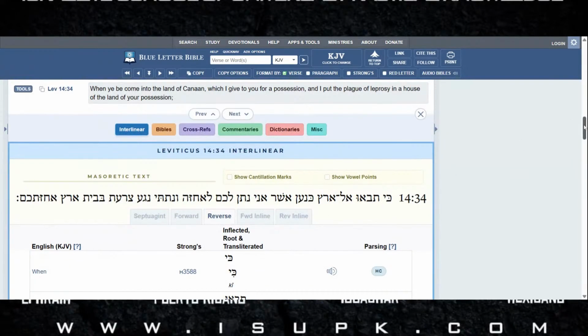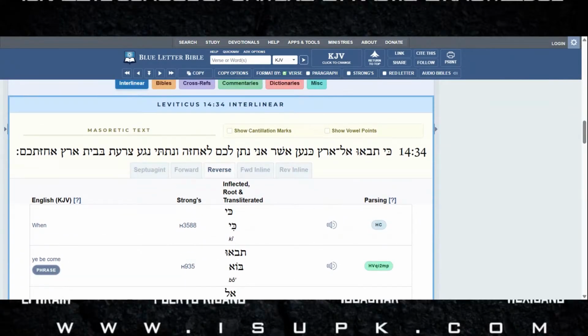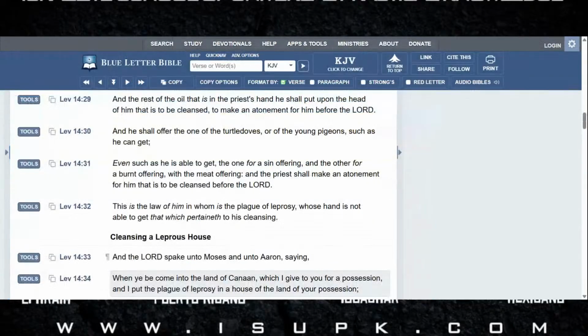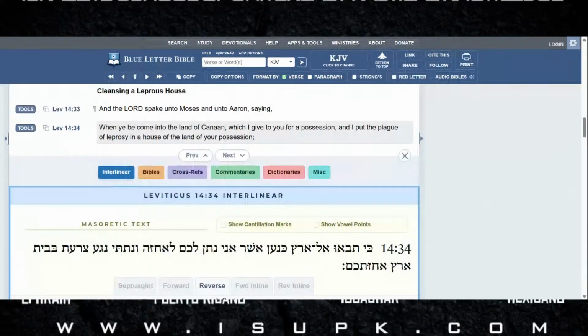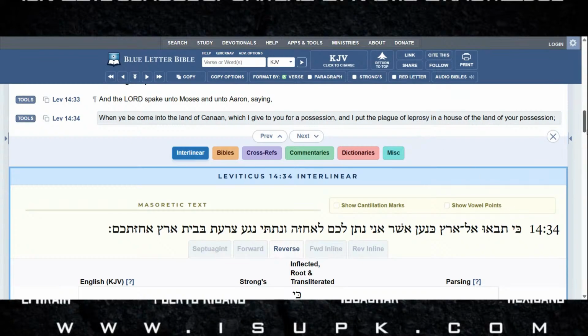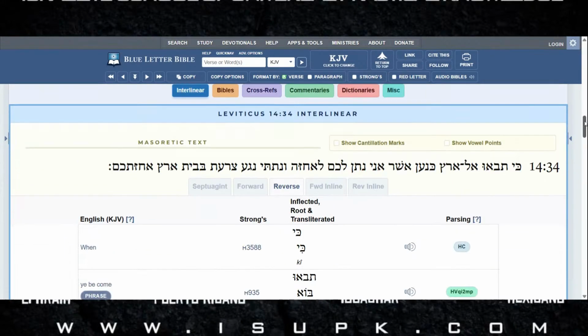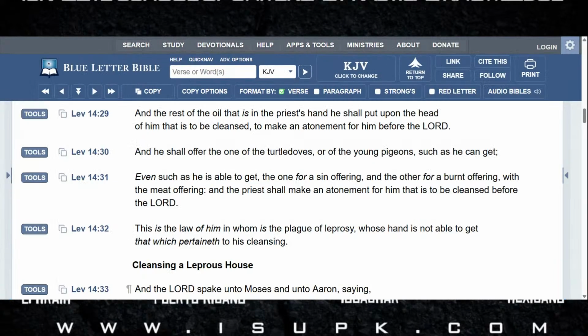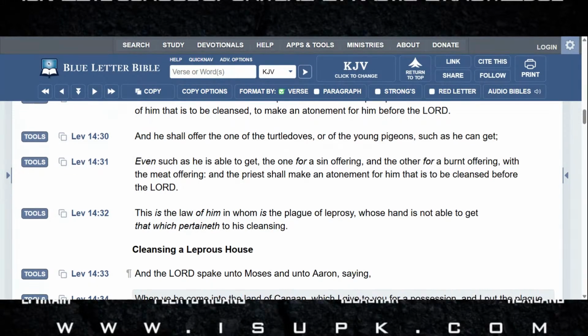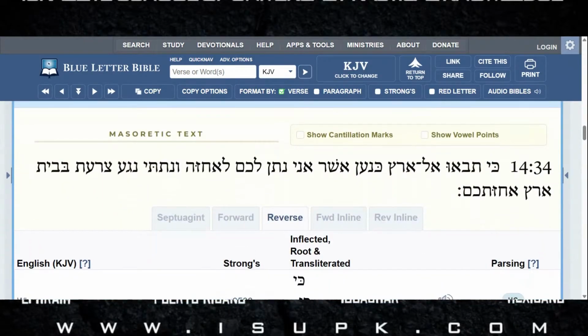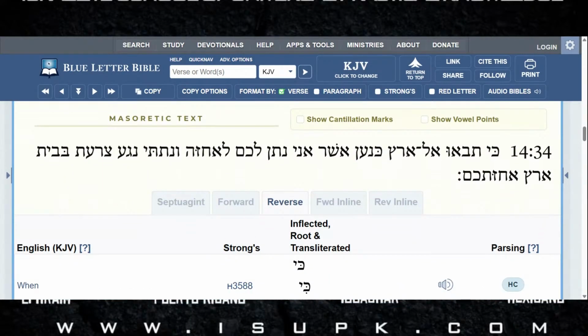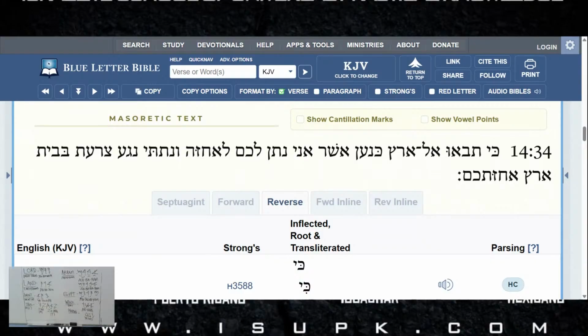I'll read the Hebrew. Guess we could zoom it in a little bit more. Ain't gotta be all the way out of it like that. There we go. That's why I was looking so weird. I'm like, what's going on? Just trying to figure out why I was looking like that, yo. All right, here we go. Let's zoom it in just a tad bit more. See if this will work. Let's see. Here we go. This is perfect. All right, y'all. Put us on the bottom of the screen. Here we go.